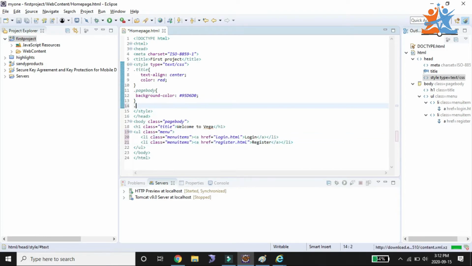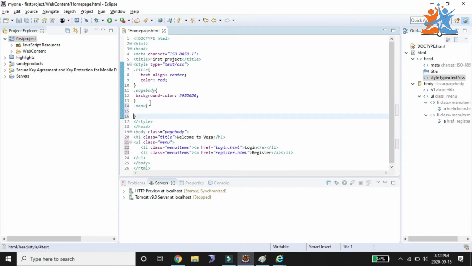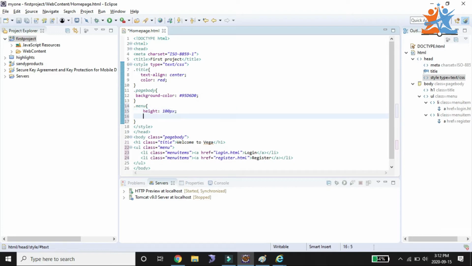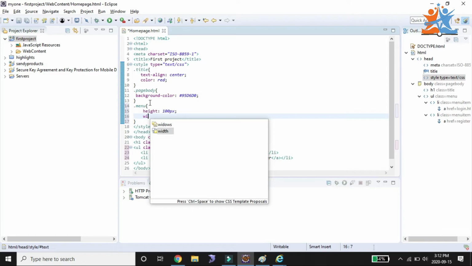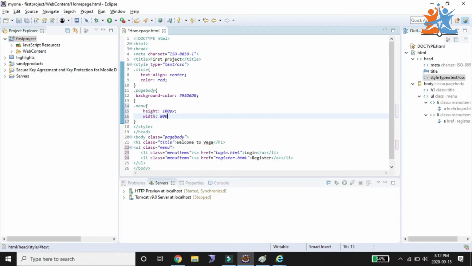For that, dot menu. For this we require height and width. We have an attribute height. I can go with a height of 100 pixels, and width we can go with 800 pixels.